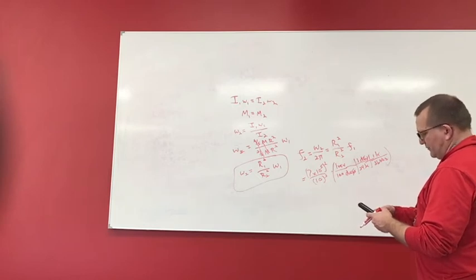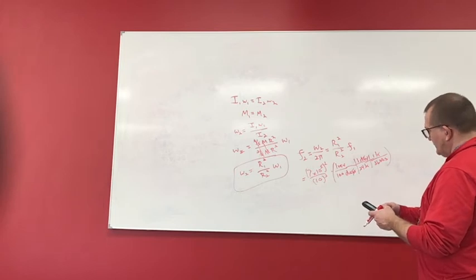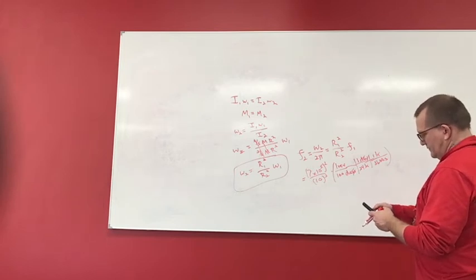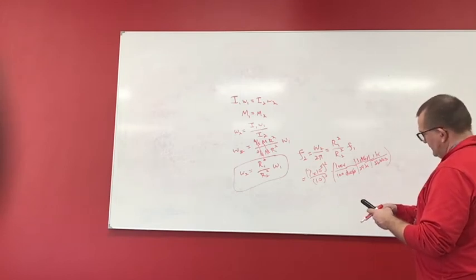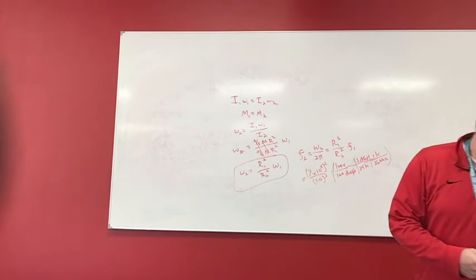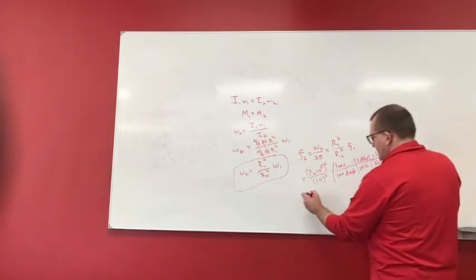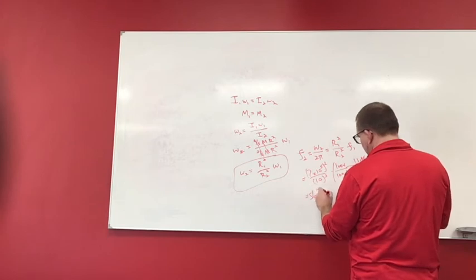And then I'm going to multiply this by 1, and then divide it by 100, divide it by 24, and divide it by 3,600. And I get 567